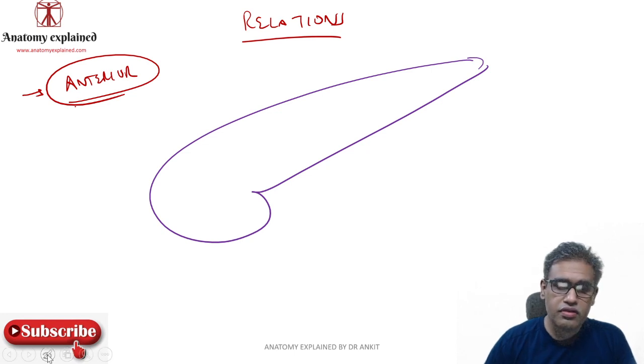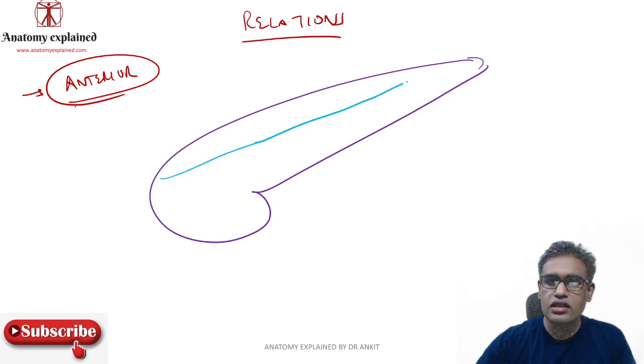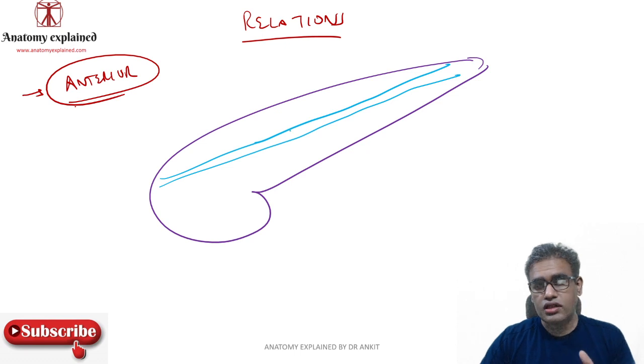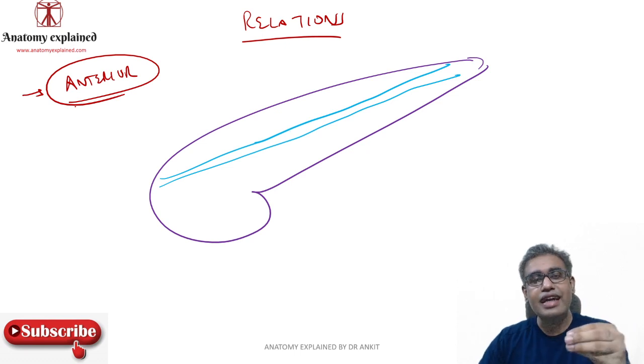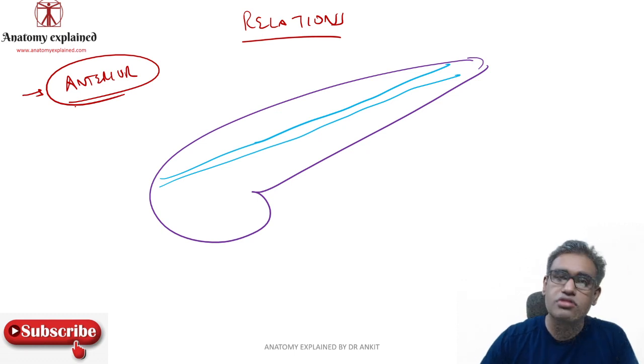right in front of the pancreas you have this attachment of the root of the transverse mesocolon, which goes right in front of the pancreas. So this is your root of the transverse mesocolon, which is going right in front of the pancreas. So the transverse mesocolon is attached onto the front of the pancreas. Then it will go down and have the attachment of the transverse colon.